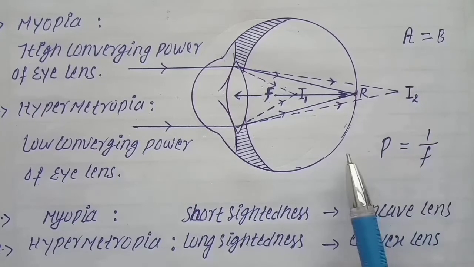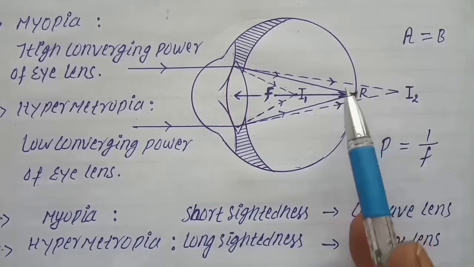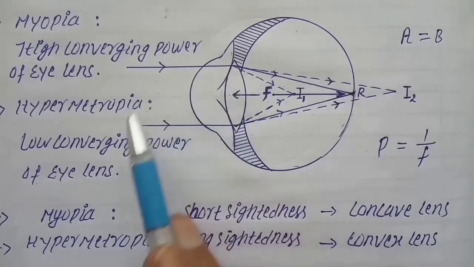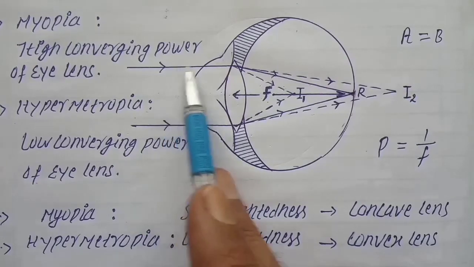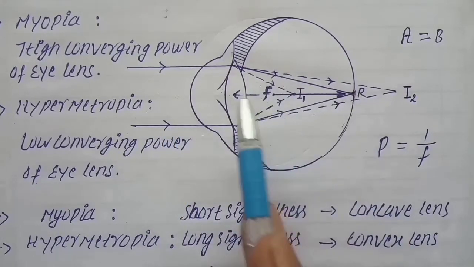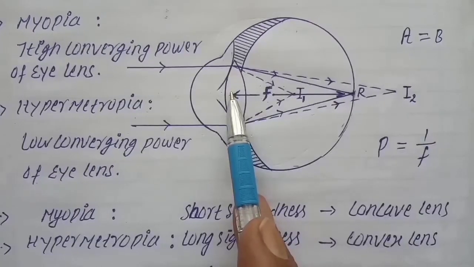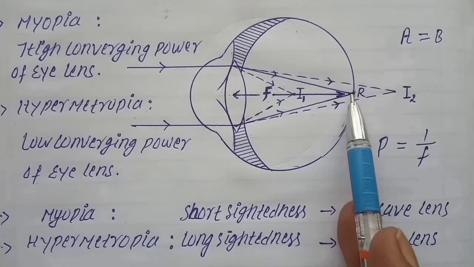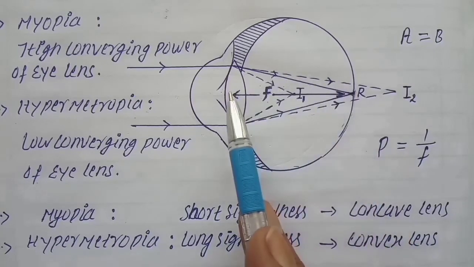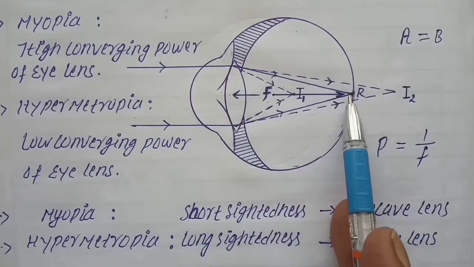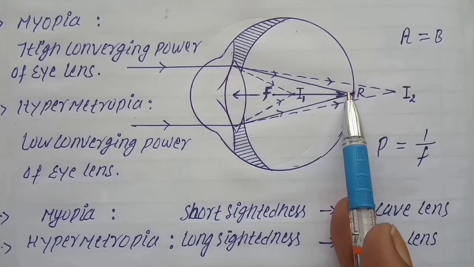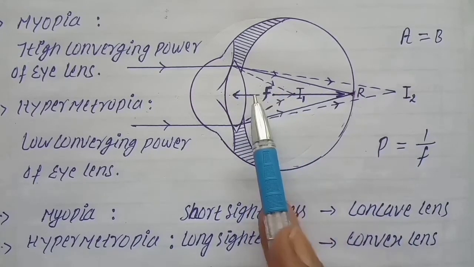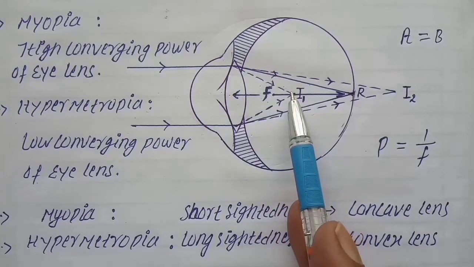So first we take the case of normal eye. How does a normal eye see the object? Let's see. These are the light rays coming from the object. These light rays converge on the retina after passing through eye lens, and a clear view of the object is obtained. In this case, the distance from the center of the eye lens to the retina is called the focal length of the normal eye, and it is 2.5 cm in length. So the focal length of normal eye is 2.5 cm.